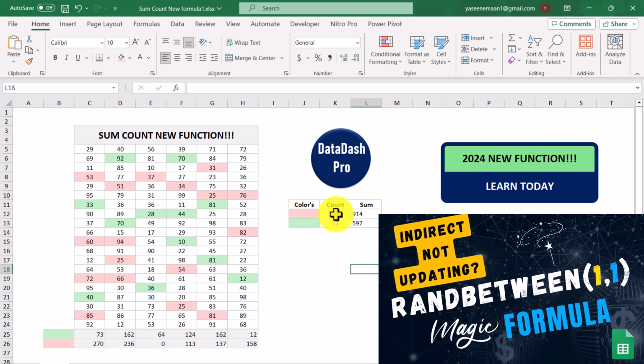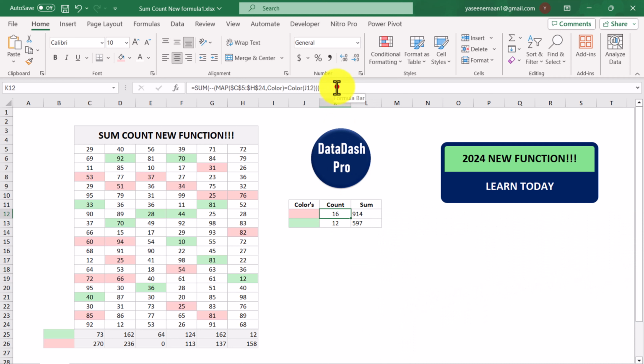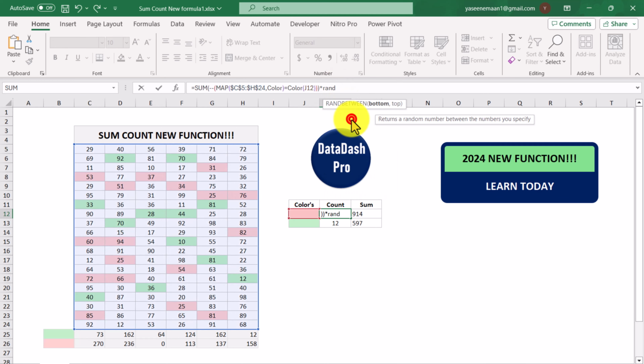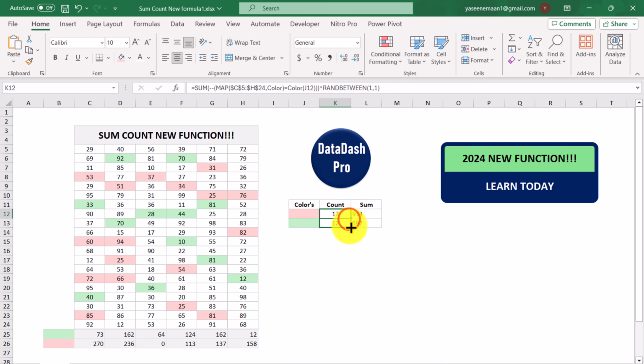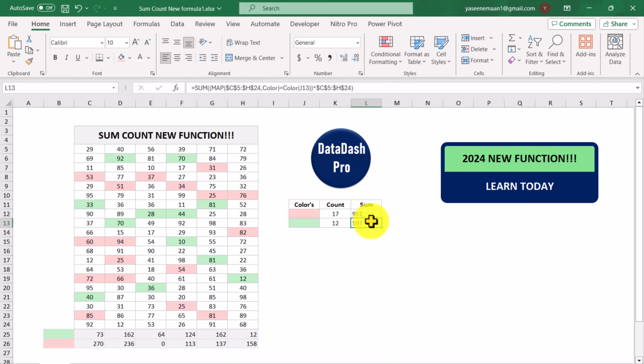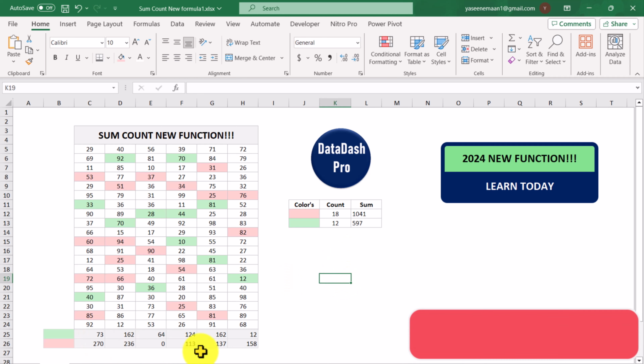So in my last video, I showed you the advantages of the RANDBETWEEN function. If I just write here STATIC and I just multiply with RANDBETWEEN 1, close parenthesis, hit enter, and I just drag this function, and also I will write here RANDBETWEEN 1 as well, close parenthesis, hit enter, and I will drag this formula down. Now if I go here and for example I change the fill color of the cell and I just double click on the sheet, you can see my result automatically updates,